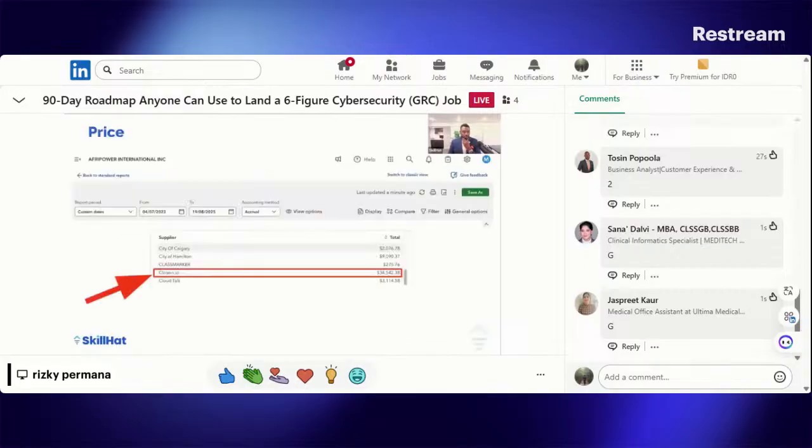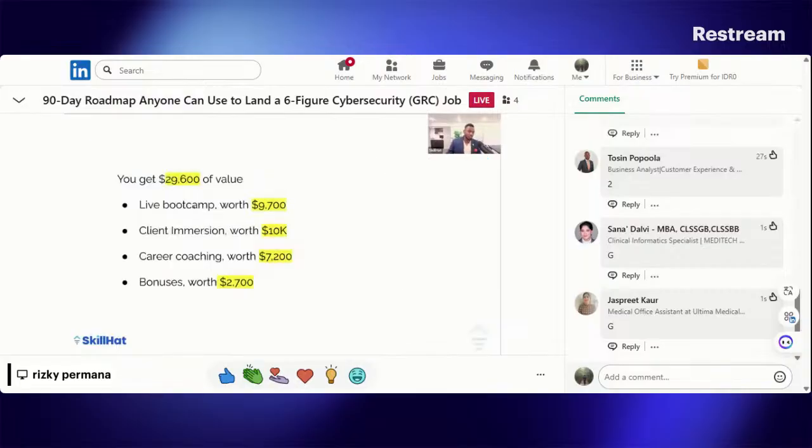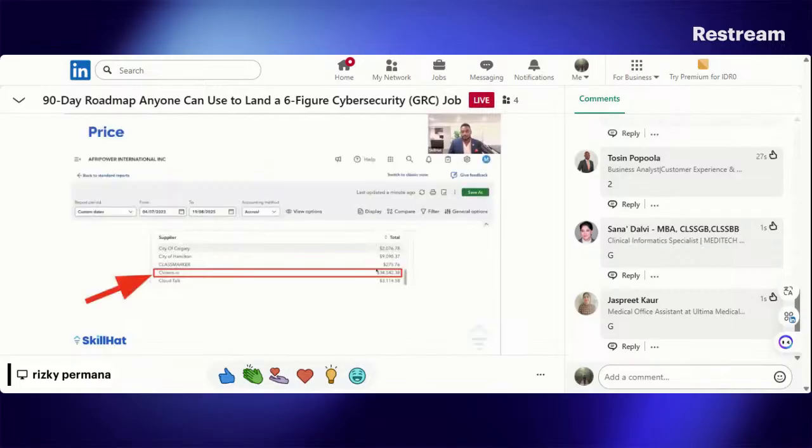Okay, so you might be saying this is actually worth more than 29K. 29K is the value of our program. You might be saying to me, Mo, there's no way 29K is something anybody would pay, right? Some of you think that's a crazy number, but guess what? I paid that. Here's a real screenshot from my QuickBooks.